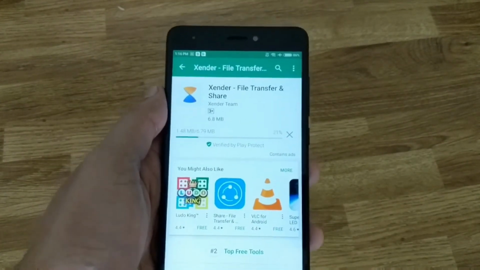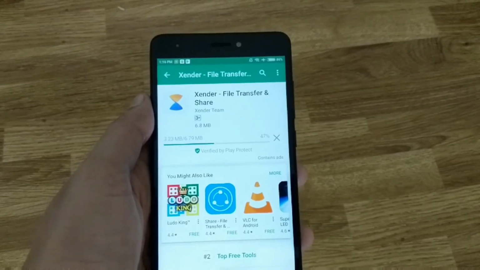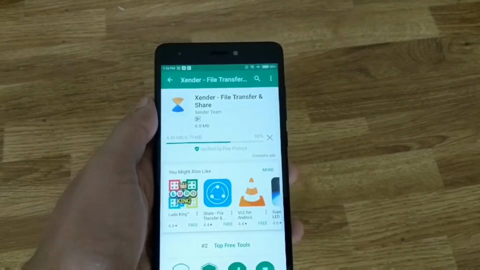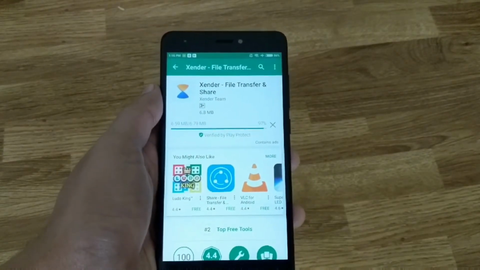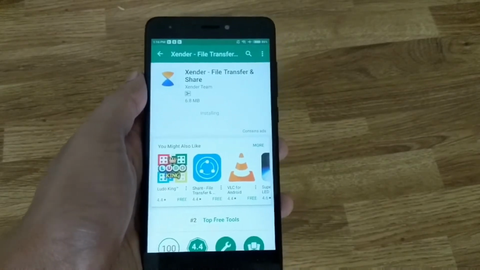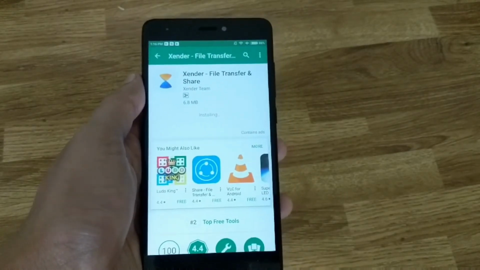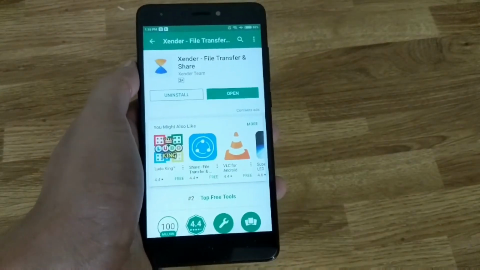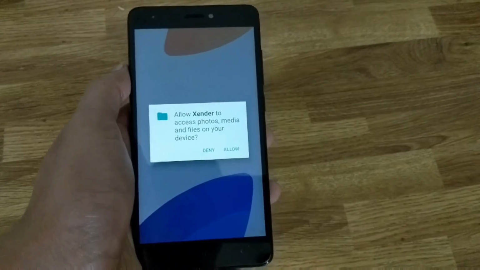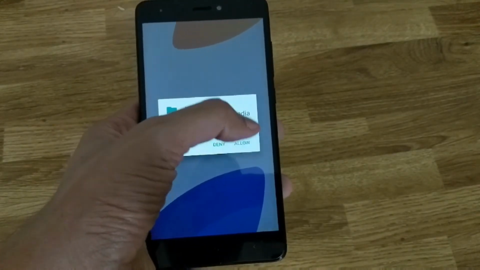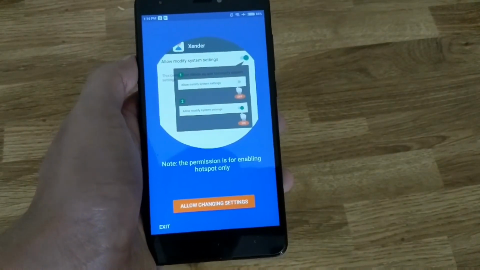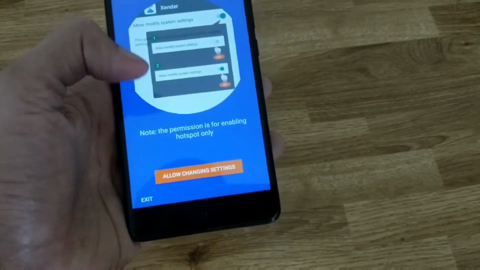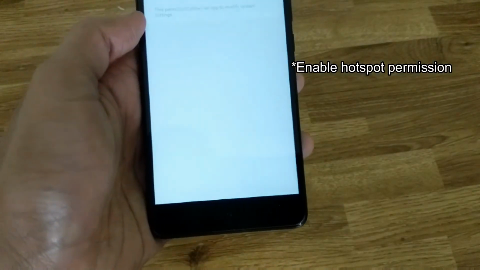So the alternative to ShareIt is Sender. It's file transfer and share without the bloat that ShareIt has. It's a very handy app which has the same features but without the bloat and without privacy or safety concerns. So let's open that. You see again it's asking permission to your files because that's what it needs to send the files, and you just need to give